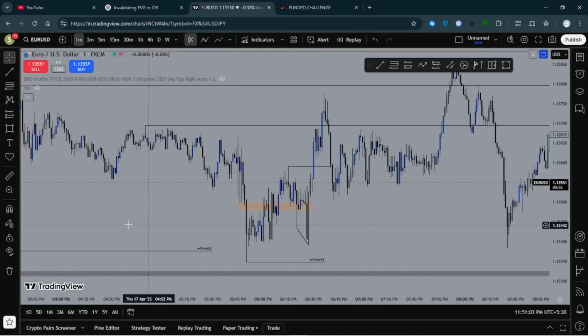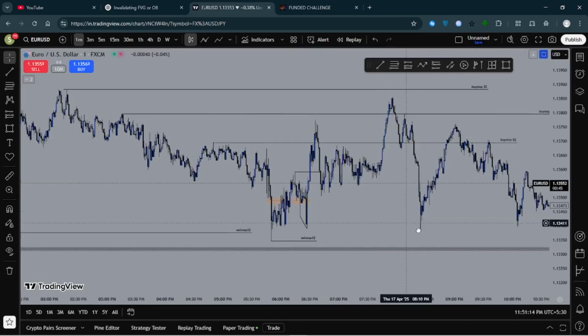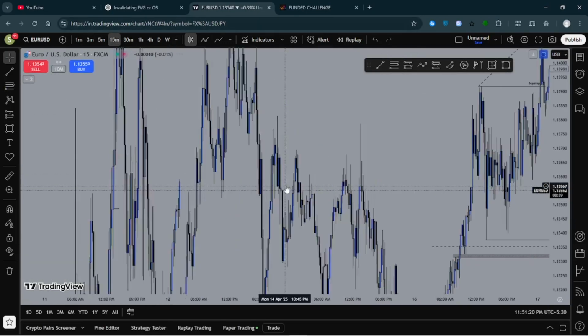And then I took 2 trades in the New York AM session. Now this is where I really want to talk about. Okay, this is the thing that I really want to talk about here. So going into the day, let's just break it down for you guys.